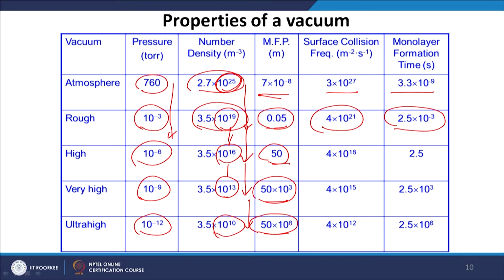So the lesson is that starting from the atmospheric pressure, as we go from the rough vacuum to medium vacuum to high vacuum, the effective number density of the gas molecules is reduced and the mean free path increases. So the probability of collision is also reduced, and the residual number of gas molecules which stays in the system also reduces drastically.